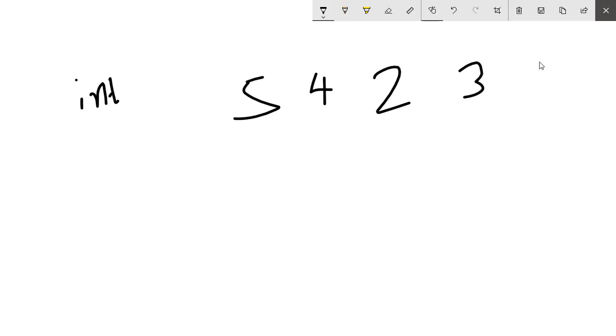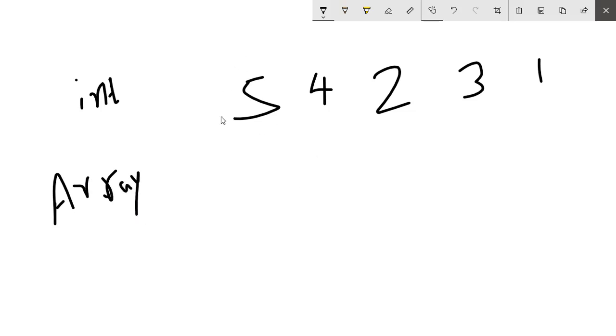For example, we consider int numbers 5, 4, 2, 3, 1. But in an array it is like this,